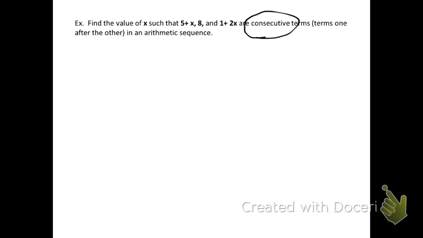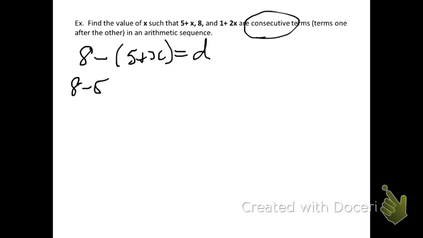So if they are one right after the other, then 5 plus x comes just before 8, and since it's arithmetic, we know that there is some value that we are adding to it to get to the next one. So if we simply take 8 and subtract away 5 plus x, that will give us the difference between our two terms. So 8 minus 5 minus x is equal to d,